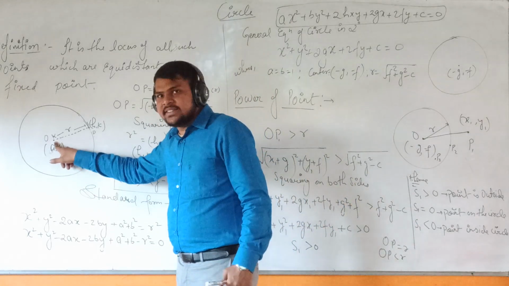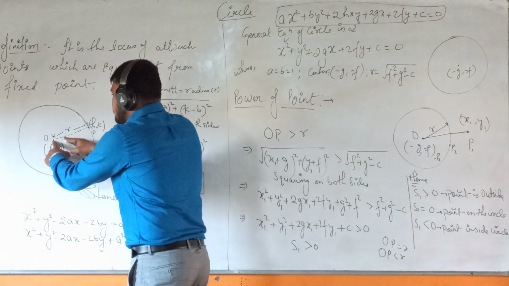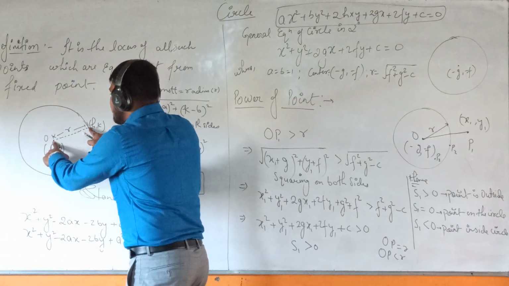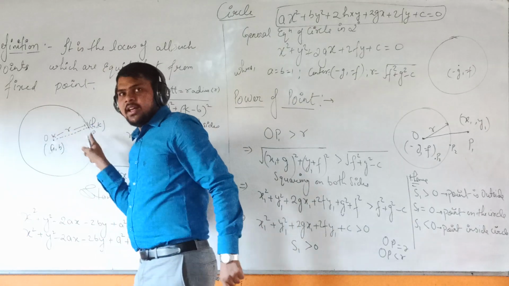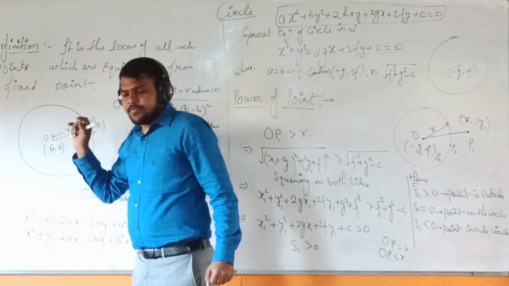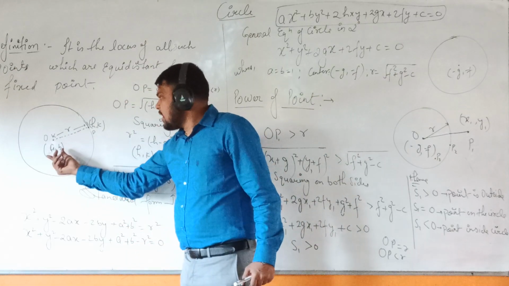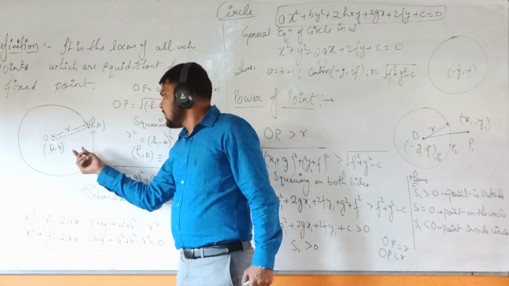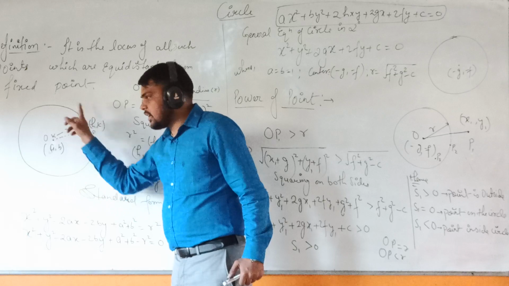This is the point which is fixed, and this is the point that is moving. If you take this fixed point and move this point, whatever locus, whatever points are made, you can join them, and the ground will represent a circle. Okay. So now, if A comma B is the center of the circle, and P, let's say H comma K, is a moving point on the circumference.